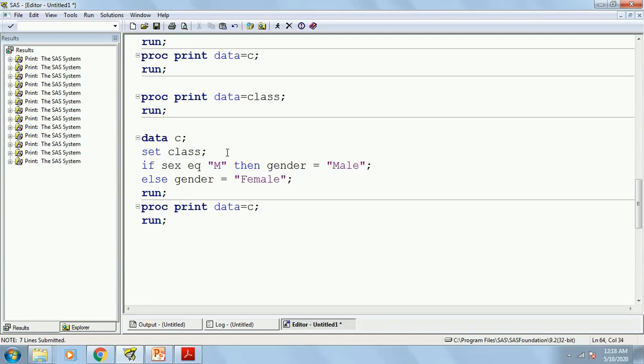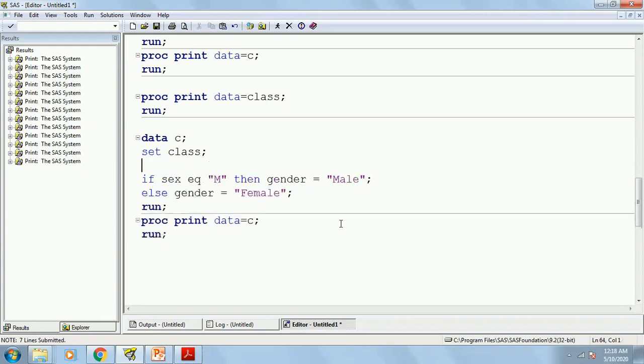What we can do, we can add a length statement. After data and set, we can write length, because we are going to fix up the length as per our requirement. We don't want SAS to check the values and fix the length on its own. We want to provide it by ourselves. Length, so for which variable do I want to provide the length? Gender, and how much length do I want to give it. So female is 6 characters, right? So let's say I just want to put it as 8, maybe a couple of extra characters.